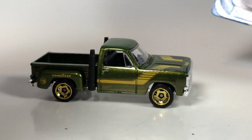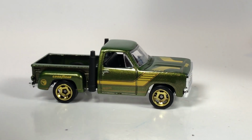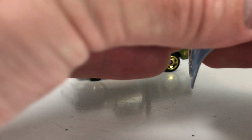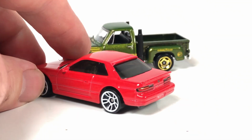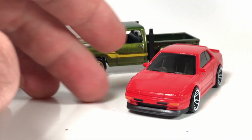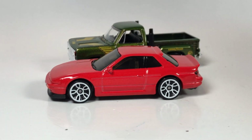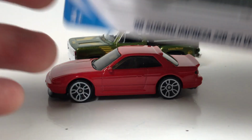But anyway, that's a good looking basic car for sure. Got the retro slots on her. It looks actually really nice. I like it. This one looks really good too. Nice basic car. Get details where you want them, at least on the rear. Oh, and then on the front too. That's a really nice little basic model. Nothing to argue about there. Complain about, I should say. And then